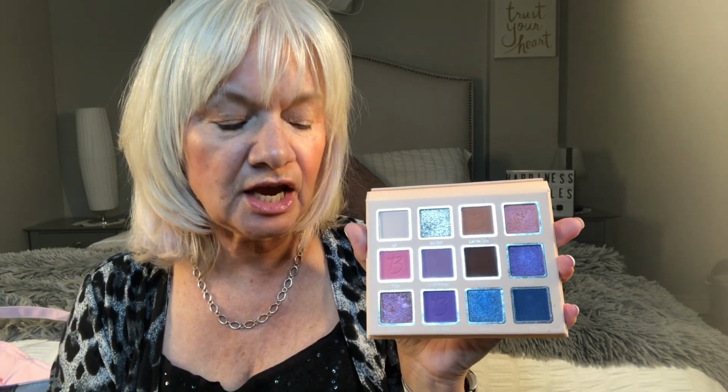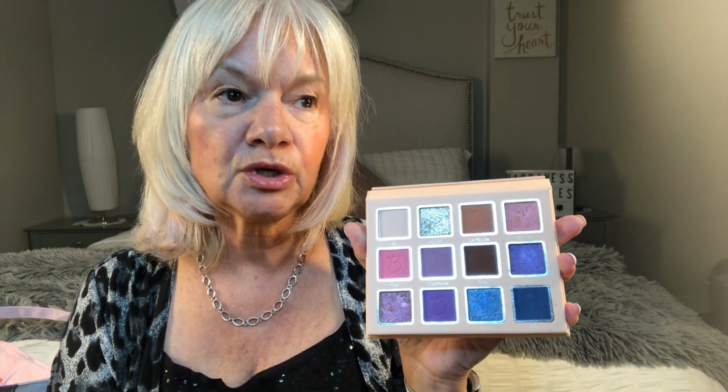Okay guys, so let's get started on these eyes. And if you're interested in a little bit of fun and me making fun of myself, well then, just keep watching. So first of all, Laurel started off with a green shade in the palette, which turned out to be